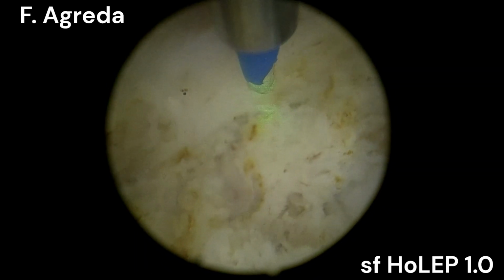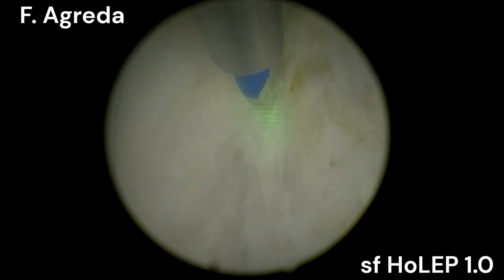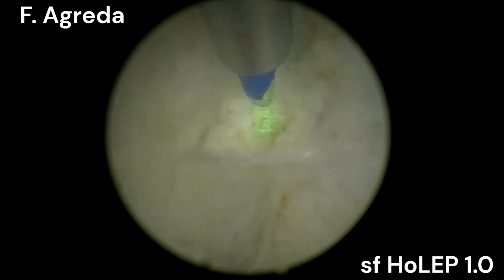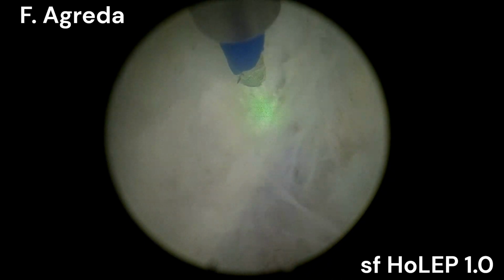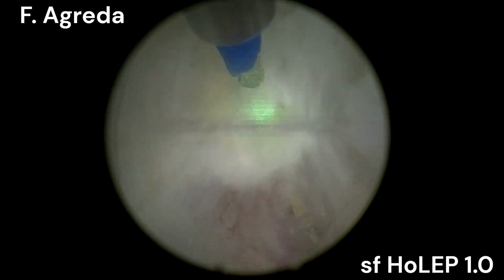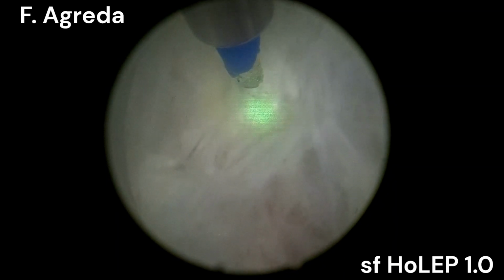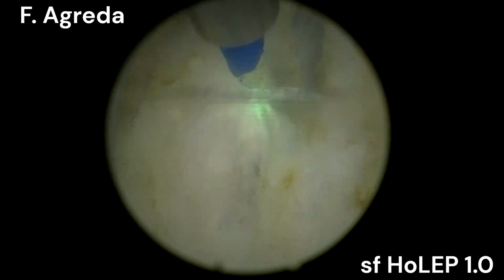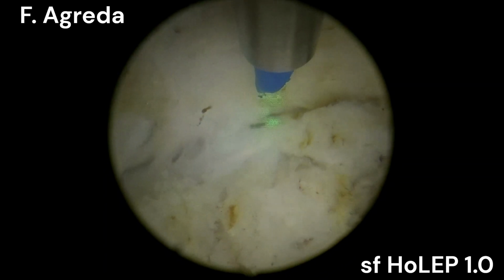He didn't improve very much in his LUTS, even when the prostate was reduced a little bit and the PSA also, but his feelings, his symptoms didn't improve that much as the volume estimated by the transabdominal echography and by PSA was reduced. So we decided to go with a, let's say, traditional kind of surgery, which in our institution is the holmium